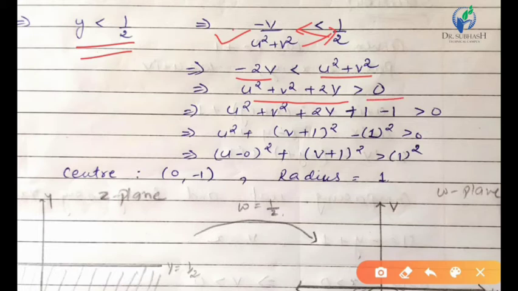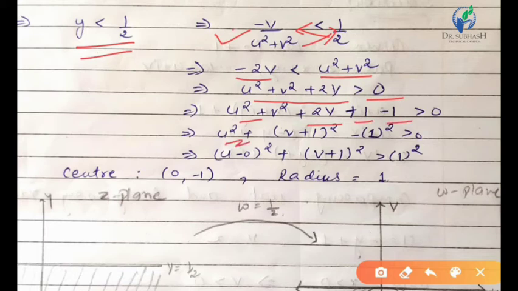Now again we just obtained the equation of a circle. In a similar way, here we will add or subtract something to obtain the perfect square. As above, we added 4 and subtracted 4, plus 4 and minus 4 we did, because there was the equation v square plus 4v plus something like that. So here we will again have such a type of equation, u square plus v square plus 2v. Here we will add plus 1 and minus 1.